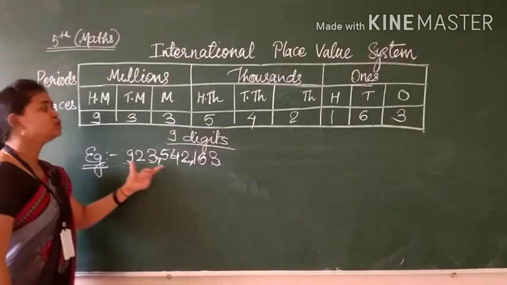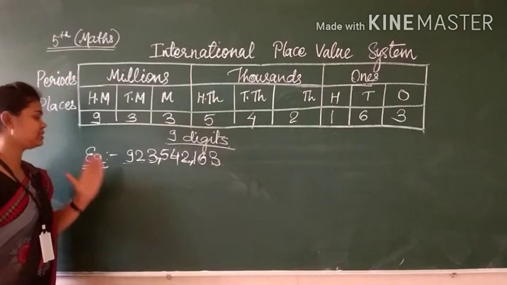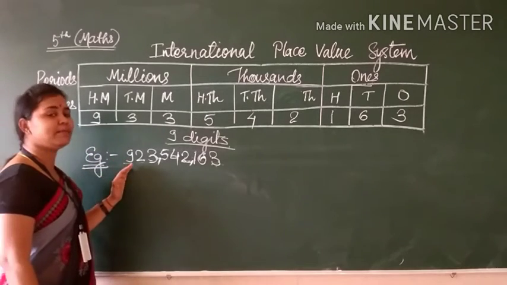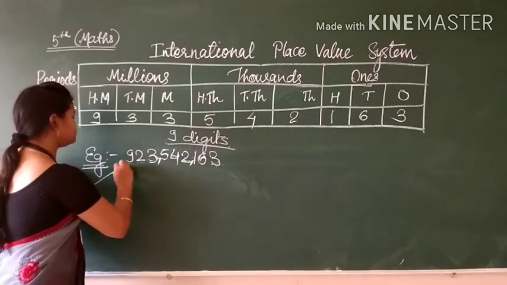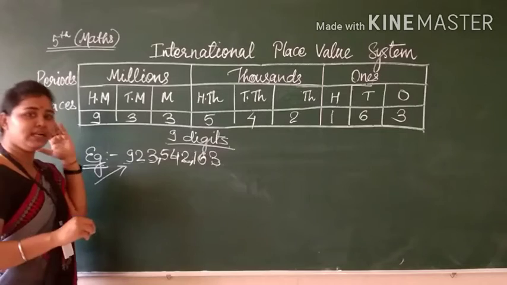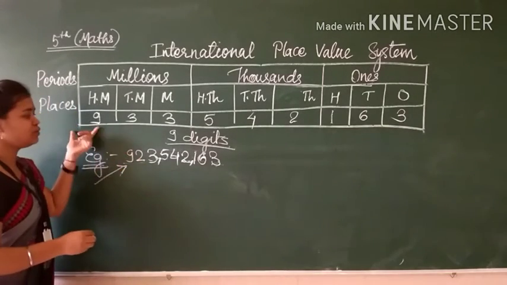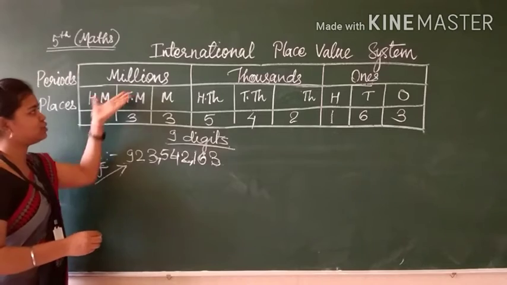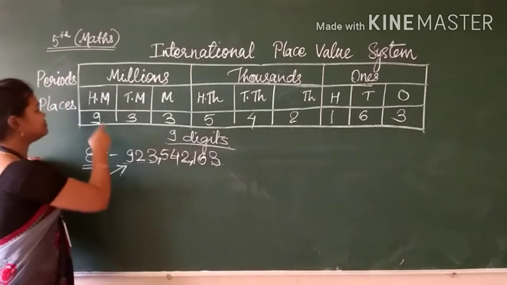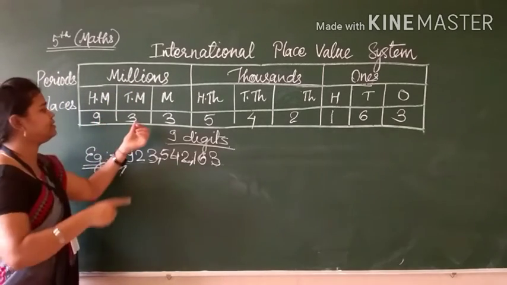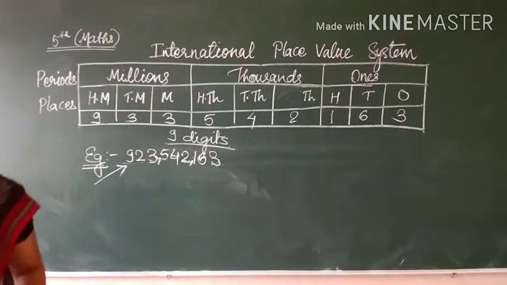This we have got. So now how to read this number? I will tell you now. As we have read numbers in the Indian Place Value chart system, in the same way I will tell you how to read this number by showing this chart. So see, 900 million, sorry.